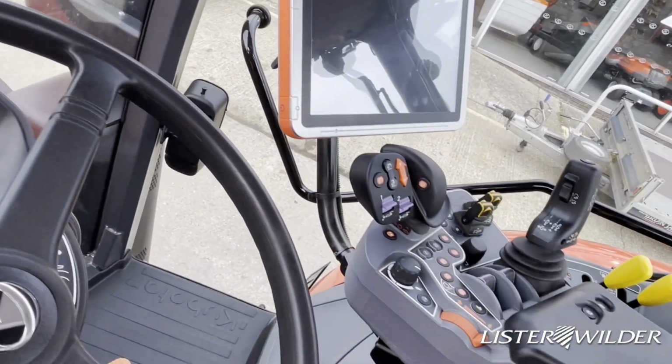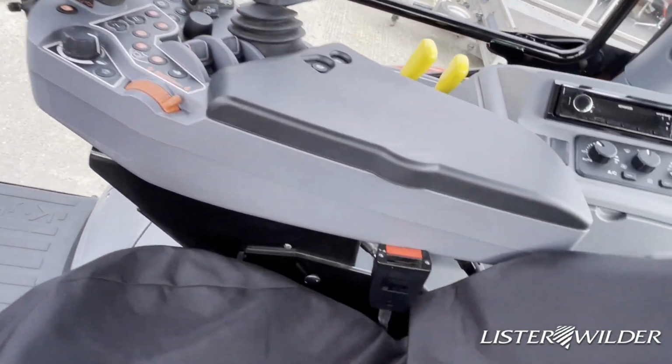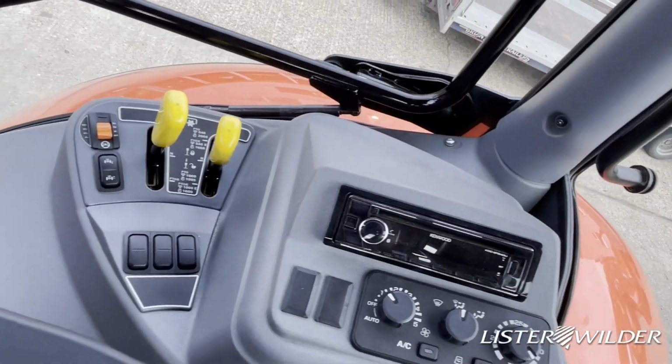Lastly then, but by no means least, that brings us to the cab, which is quite roomy, very quiet and has exceptional visibility all round. On my right hand side then we have our 12-inch screen which we'll run through shortly, and our armrest with all your buttons that you need for day-to-day use, spool valves, transmission controls, PTO, everything that you need in a day-to-day